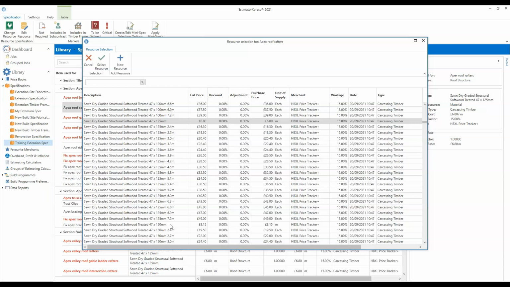So here we'll see the 150mm wide timber, which is purchased by the meter. You can, of course, select one of these specific lengths of carcassing timber, but you would then need to tweak the usage factor to take into account that you're purchasing it as a 2.4 meter length, but you're using it by the meter. So you'll need to adjust the usage factors. But if you want to do like for like, select the timber that is priced on a meter basis. Click select,